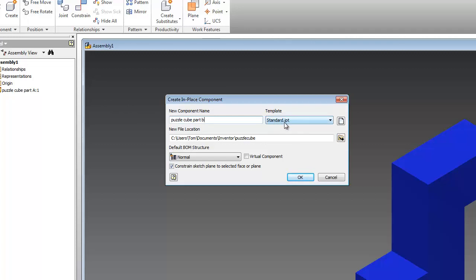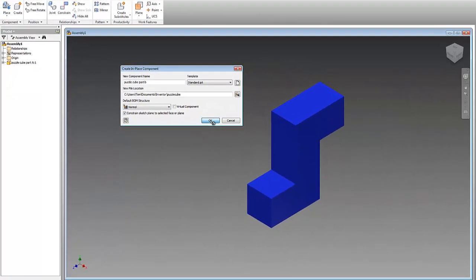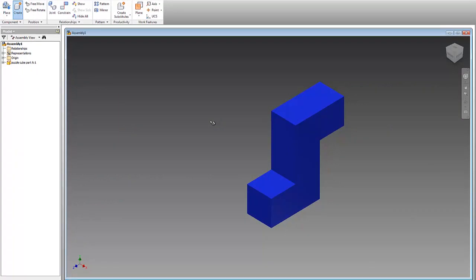Now what's interesting is that I can actually make this a sub-assembly inside an assembly. So I can actually have parts and assemblies built within the same file. That's a little bit more complex. I'll probably be creating a new video on that here sometime soon. We're going to use the standard bill of materials, so we don't have any custom bill of material environments, and we'll choose OK. Now we get the little part icon attached to my pointer, and what it's asking is, well,